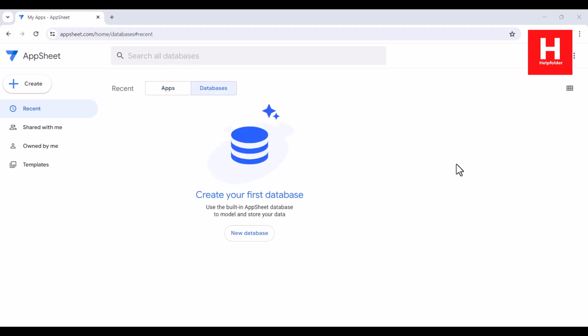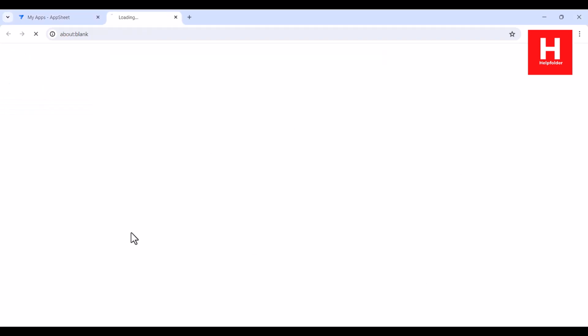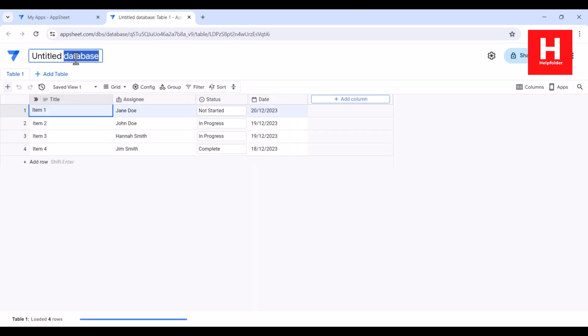Okay, so let's take a look at one of the patient tracker apps within Google AppSheet. First thing, I will create a database from new database. Here I will be adding a new table. I will also change this particular database name, so it should appear something like this. So my DB, then add new table, and